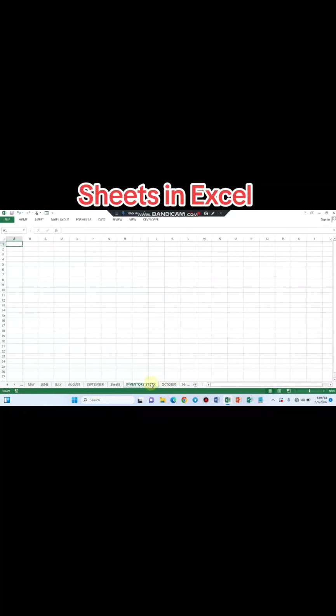Now let's say I want to make a copy of this particular sheet. I'll go back to move or copy. By the time I locate wherever I want to place it, let's say move to the end, I will click on create a copy. So it will duplicate it for me. Now I have 2 copies of it. That's why you are seeing 2 here. Then I can edit the name